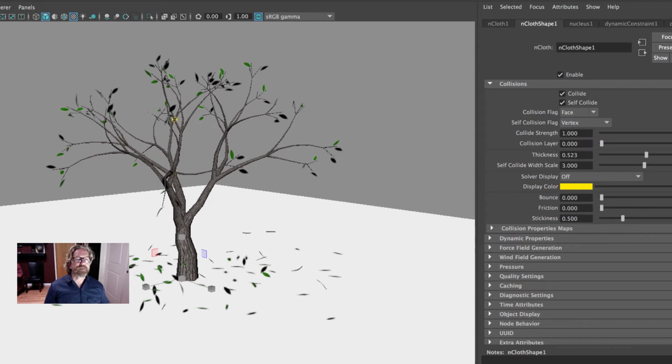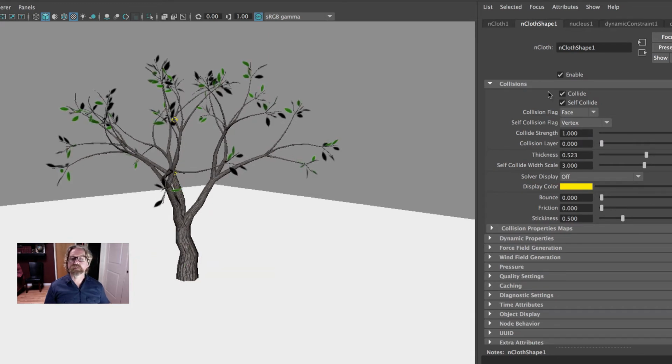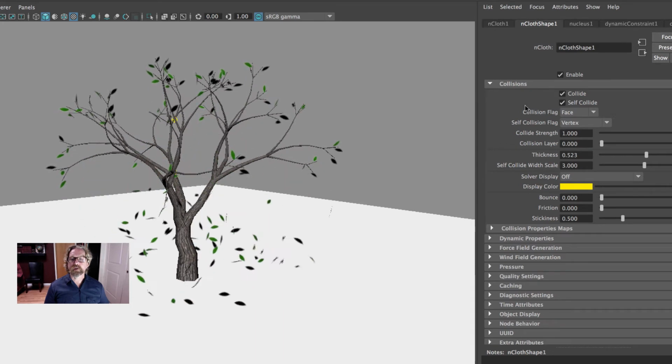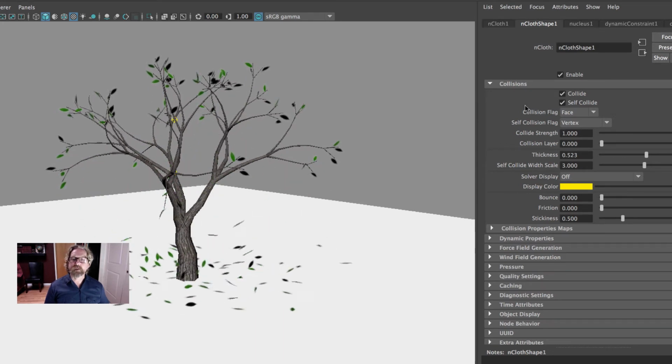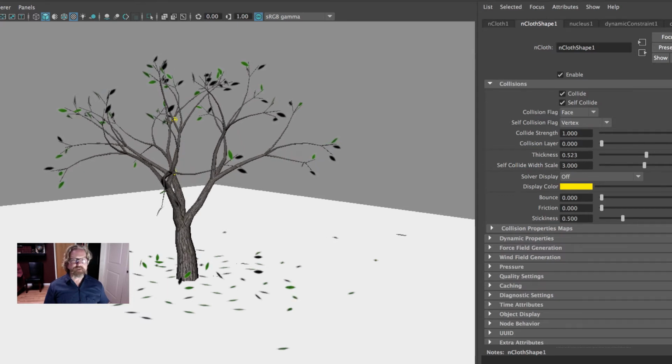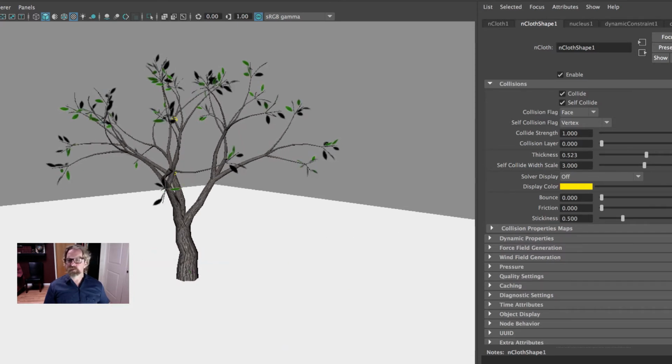Let me pull that down and see. Yeah, that's what we want. So we don't need friction. We just want stickiness so that when they hit, they kind of stay stuck on the ground. And that's very nice. Let's just review